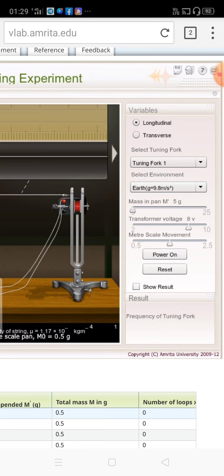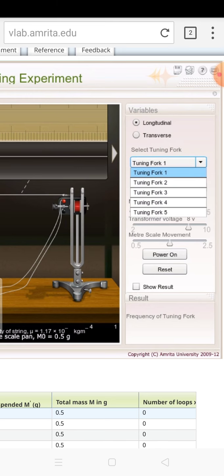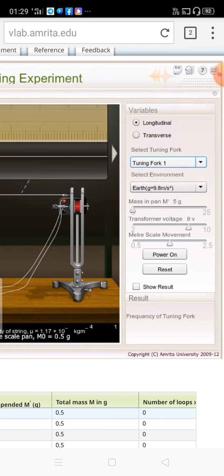The tuning fork is now in a vertical position. Here you note the tuning fork, I am pressing this button, and it shows that a number of tuning forks are available. You can choose only one. Again, pressing it, it is showing tuning fork. So you should start your work using only one tuning fork. Then you have to select your environment. Now I am pressing again here. What is it showing?